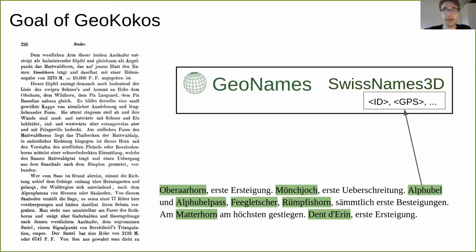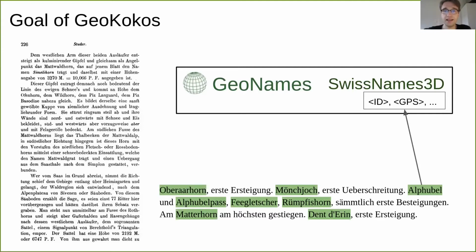Toponyms are mentions in the text of geographical entities like mountains, rivers, cities, and so on. The Text+Berg corpus is a collection of yearbooks of the Swiss Alpine Club containing memories, reports from hikes, and so on. And these yearbooks are digitized and available with syntactic annotations. And like I said, we want to link all the toponyms in this